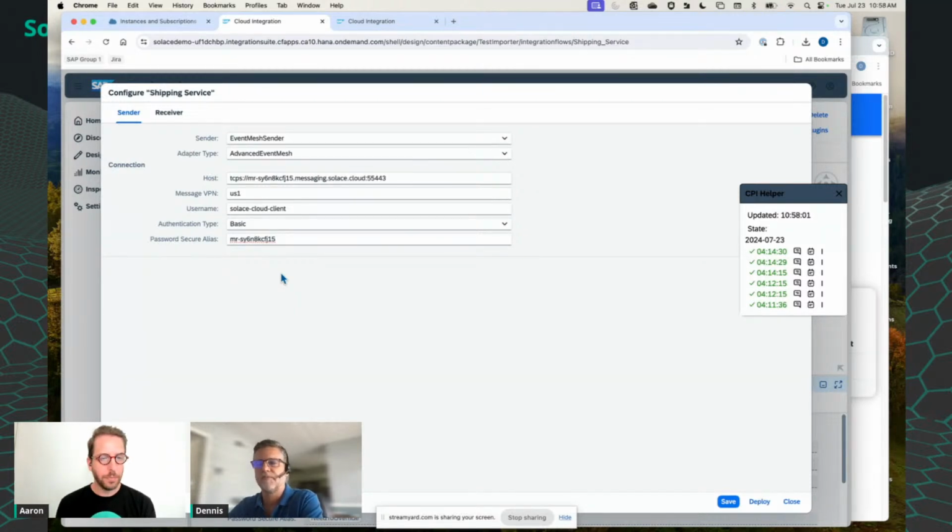Right. But for now, I'm going to configure this stuff. So I have my secure alias that is associated with the iFlow runtime environment. So you can't put a password in. This is the name of the server. The name of the server is the same as the alias for the password credentials. So if I go ahead and save that,